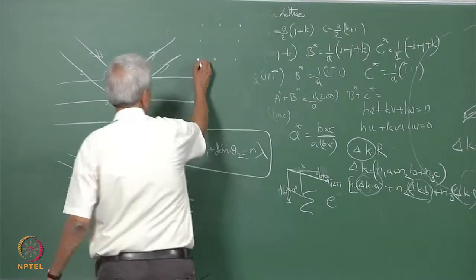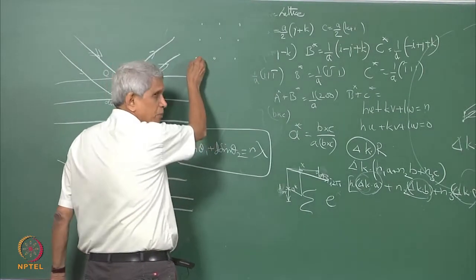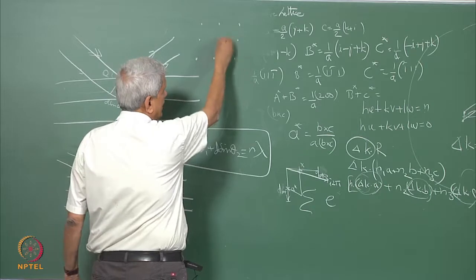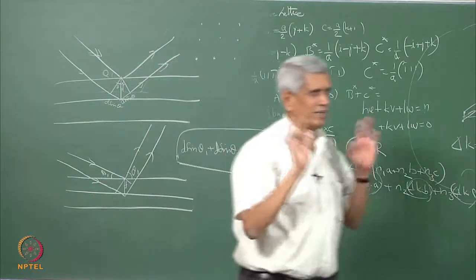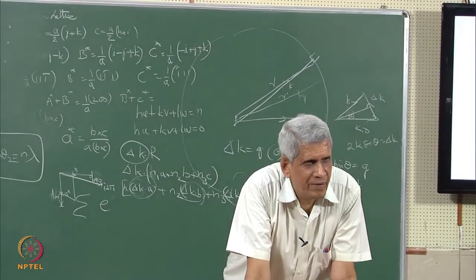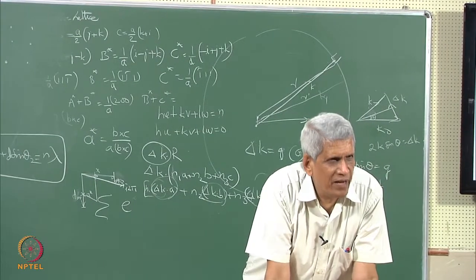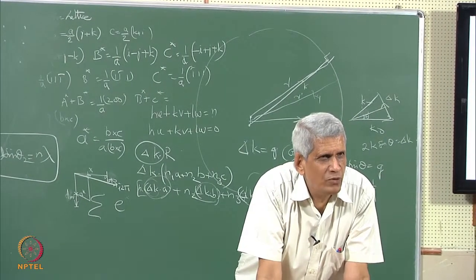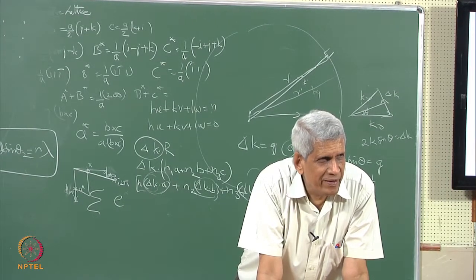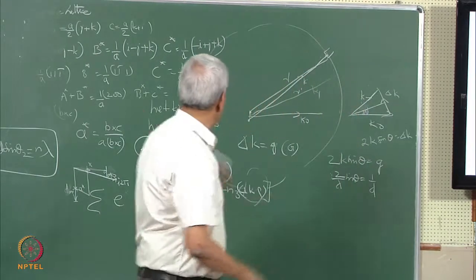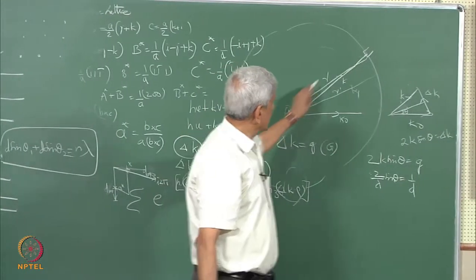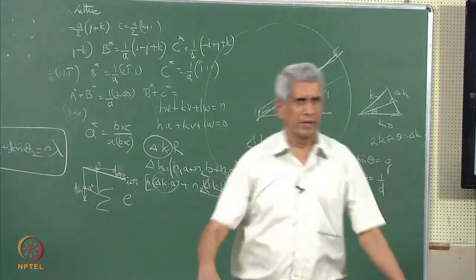So, that means if this is a primitive lattice, this will represent one lattice, this will represent another lattice, and this will represent the third lattice. So, each point represents one of the unit cells, correct? When you take the sum of it, what we are essentially taking is the intensity from all the atoms put together, right? Or the amplitude which is going to be scattered from all the atoms here in this particular direction, right?